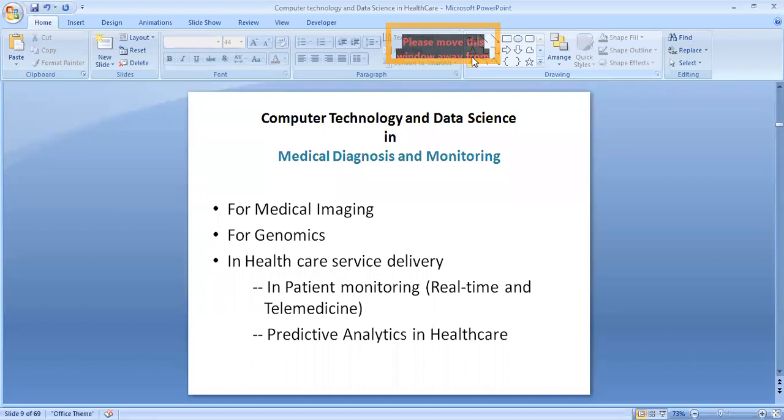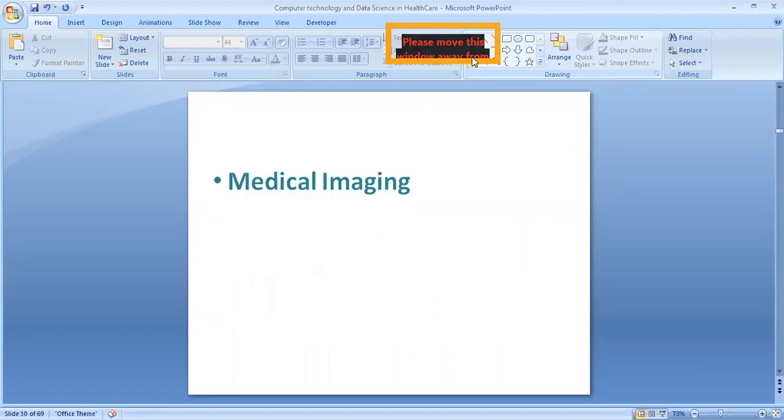In that we are going to cover patient monitoring. It could be real-time monitoring, or it may be acquisition and then sending it over a distance, under telemedicine. Not only that, when we have such huge big data in hand and also tools for analyzing it, we can go in for predictive analytics so that it could be applied to a whole population, or what we call population health management, so that the community is safeguarded from a future disease or disorder that may be upcoming.